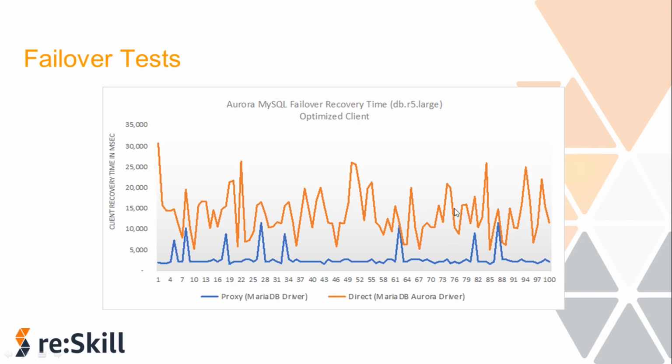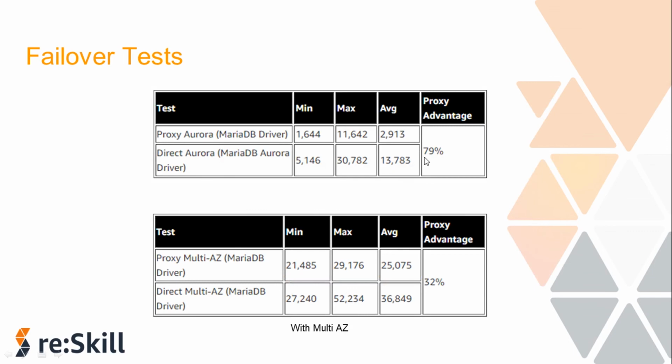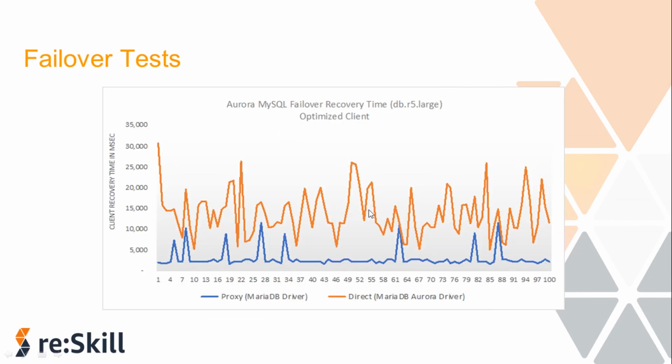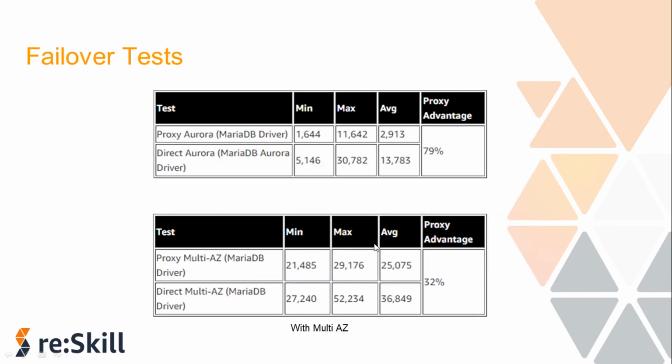Let's look a little more into the same thing. This first table is the result from the graph, that is this one. The second one is the same but with the multi-AZ configuration. What happens with multi-AZ? With multi-AZ, your database, like RDS MySQL let's say, the primary database instance will exist in one availability zone, while a synchronous standby instance will be residing in a second availability zone.